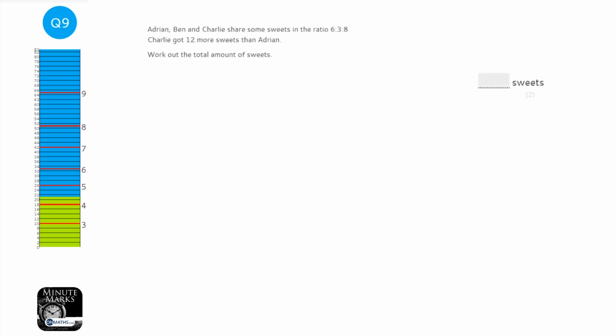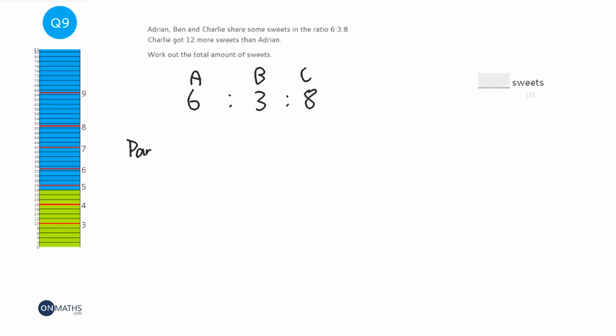Okay, so this question is a little bit more complicated than it first seems. So we've got Adrian, Ben and Charlie, and they share some sweets in the ratio of 6 to 3 to 8. And it says that Charlie got 12 more sweets than Adrian. Well, first of all, let's have a look and see how many more parts that Charlie